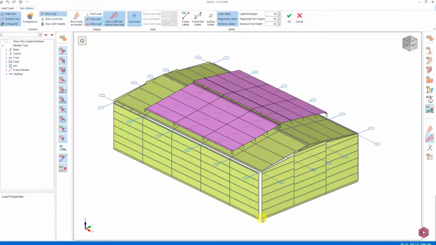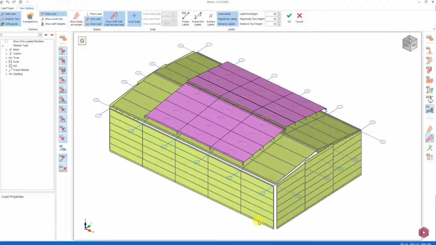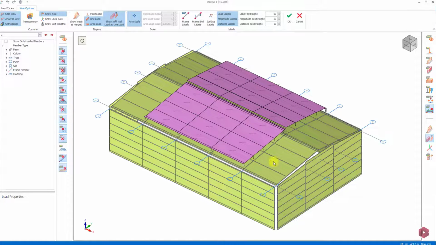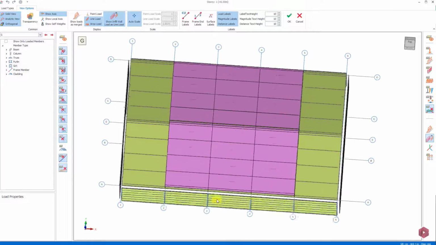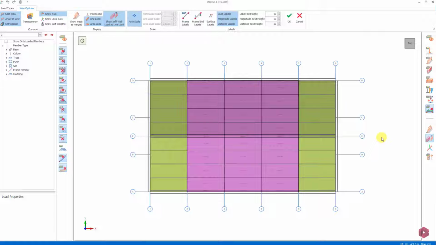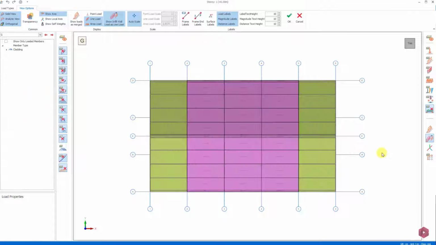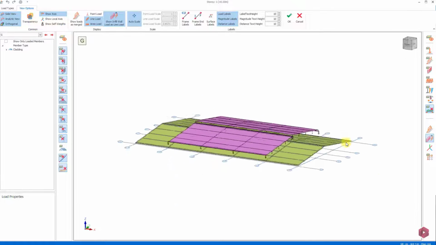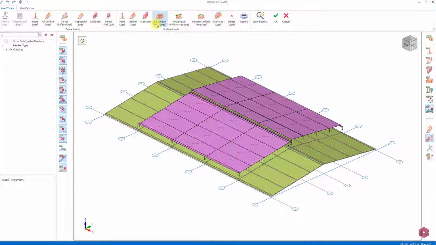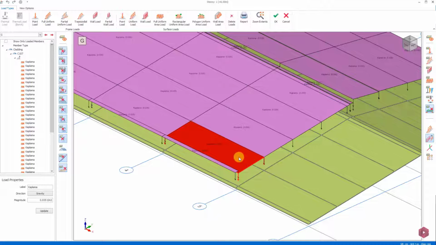Let's get a top view by using the view cube to define cladding only to facade elements on the roof. Then, let's select the cladding objects on the roof and right-click to apply the filter option. Thus, only the cladding objects on the roof will be displayed. Then we can load with the Area Load command in the Load Types menu. Or we can copy and paste existing cladding weights onto other blank panels.